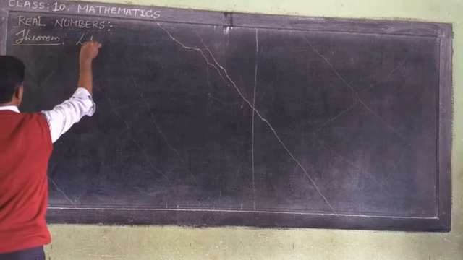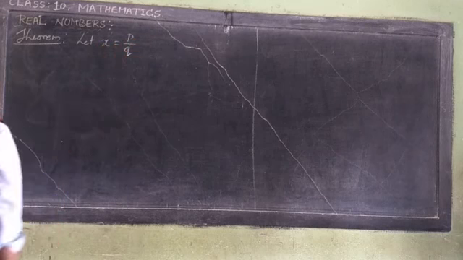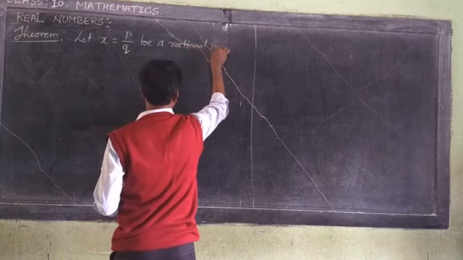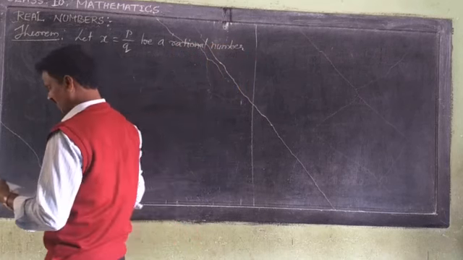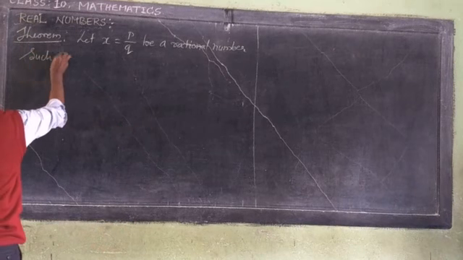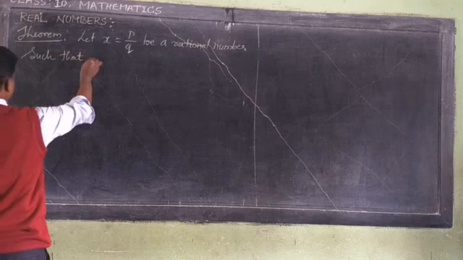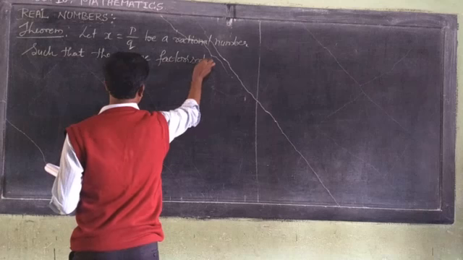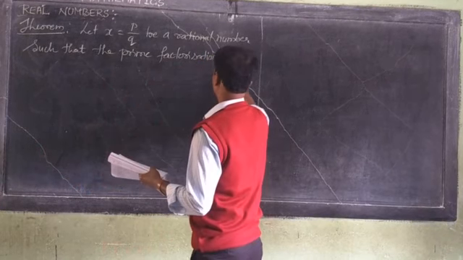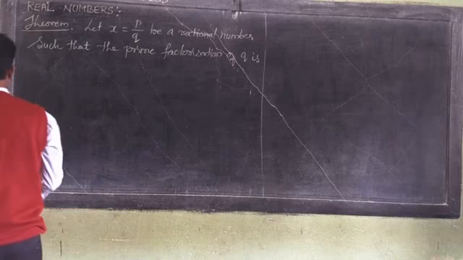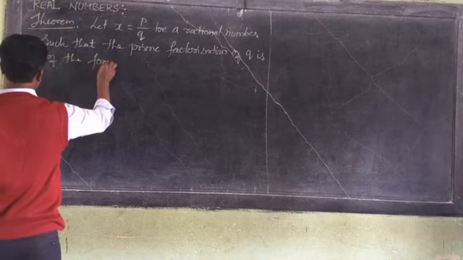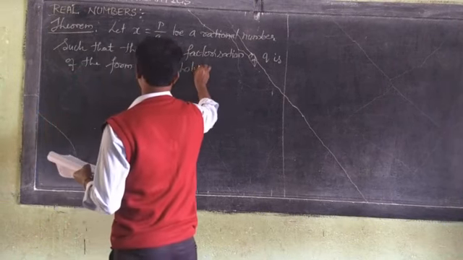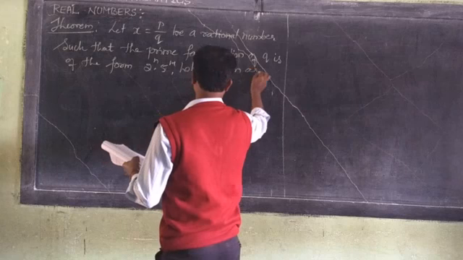Theorem: Let x equal p by q be a rational number such that the prime factorization of q is of the form 2 to the power of n, 5 to the power of m, where n and m are non-negative integers,